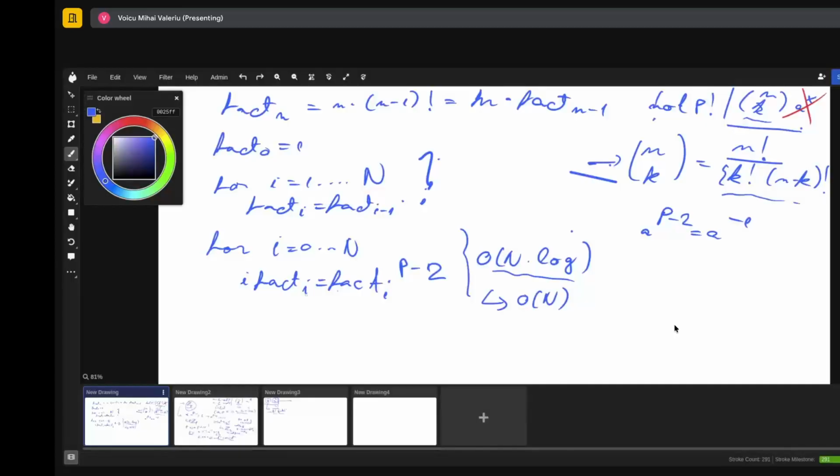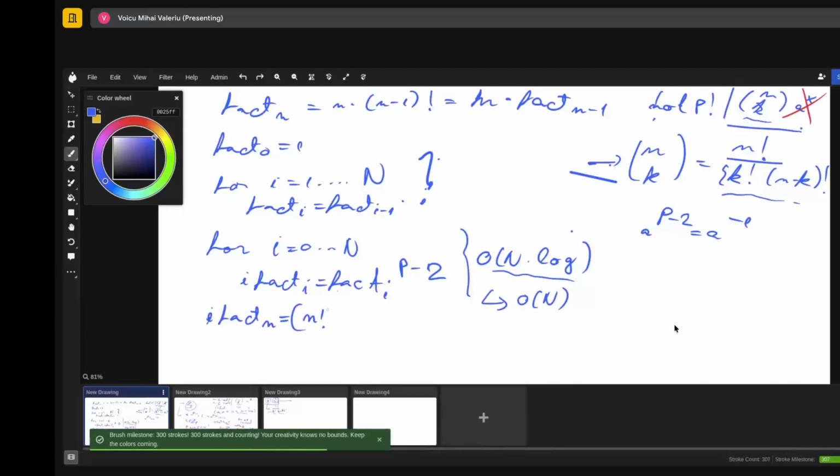Specifically, if we are to calculate the inverse factorial of n, which equals n factorial to the minus 1,